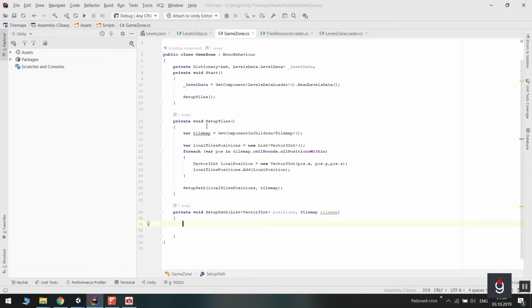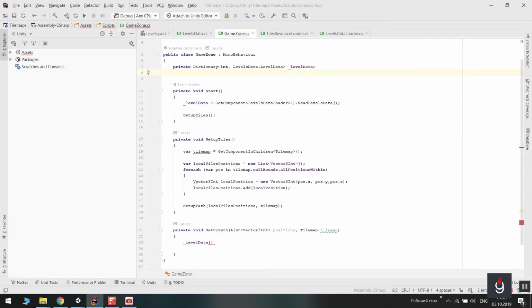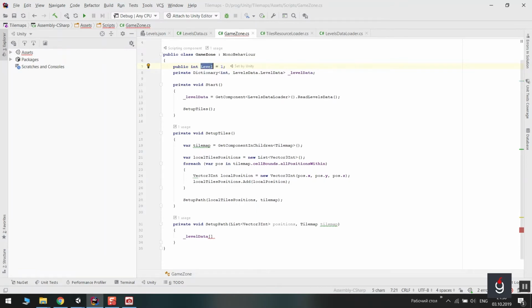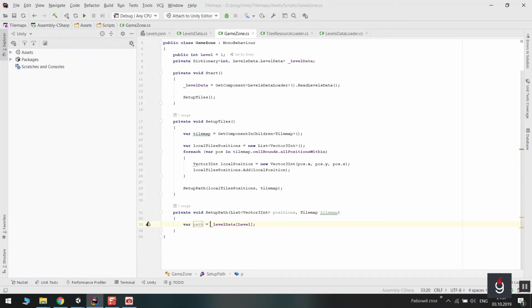Tilemap. And now we want to access the level data, and for this we need to keep track of the current level. In the real game, that would be some kind of button you press, and then the level number is saved somewhere. But for simplicity, let's just have a public int level variable that will point to 1 by default, but then we can play in Unity and see how the setup of the board will change depending on the level. So with this level data, we can access the level data of the given level. And in order to set up path, we need a path in line 1 and 2 another